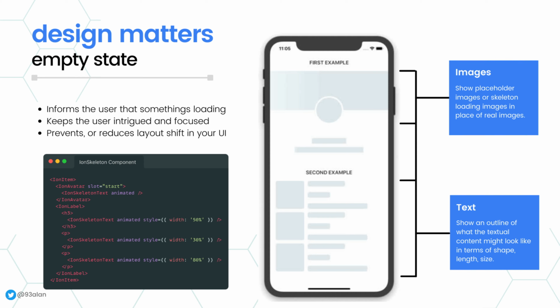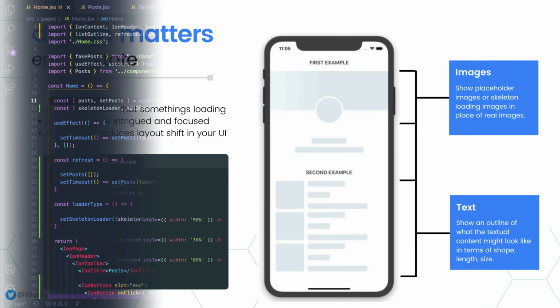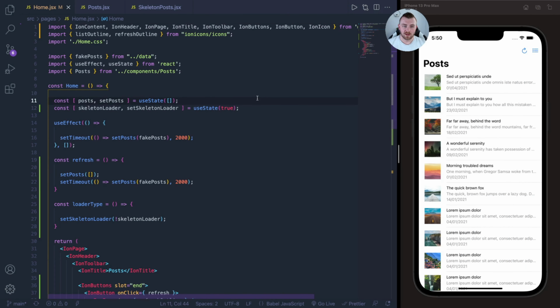So let's jump into the code now and see how easy it is to do this. So here we are in the code, and on the right hand side I've got a really simple app set up with the Ionic Framework that is basically displaying a list of some sort of blog posts. This is very useful in a case like this where you're going to load in a list of content that has images and headers and things like that. However, the skeleton text component can be used for anything, but this is a really good example to show you